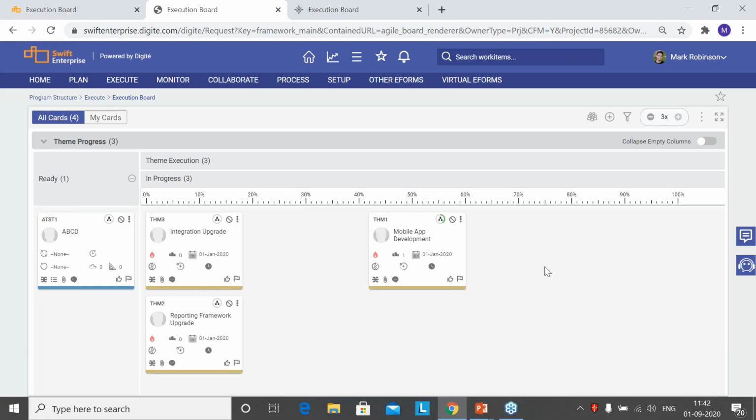The hierarchy is configurable, so you can have a portfolio broken down to multiple programs, rolling up to a portfolio, and then multiple programs broken down to multiple release workspaces. The system also gives you the ability where you can have multiple portfolios, each of which having multiple programs, each of which having multiple release teams. So to that extent, it is fairly configurable. You can have one program, you can have multiple programs, and you can also have a level above the program, which is nothing but your organization initiative